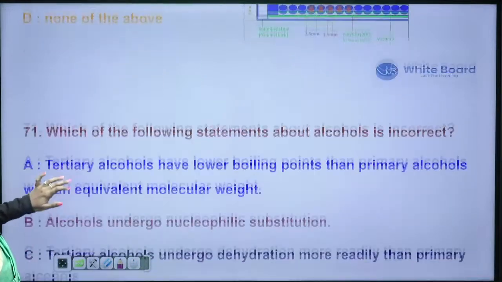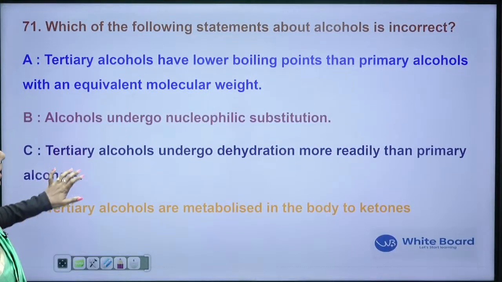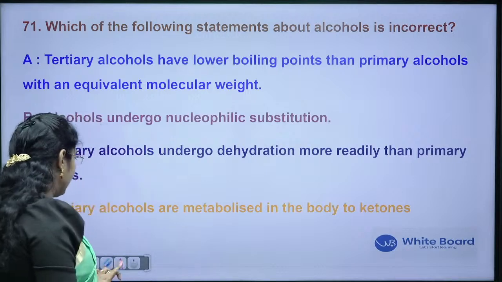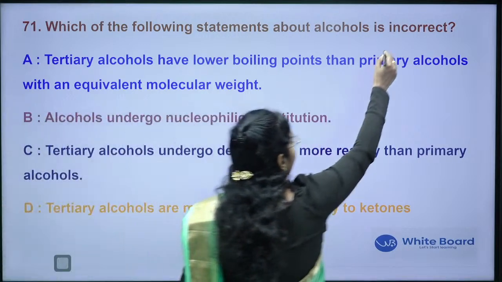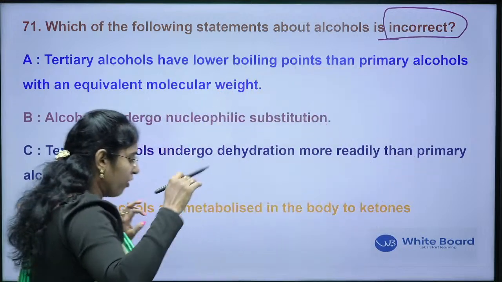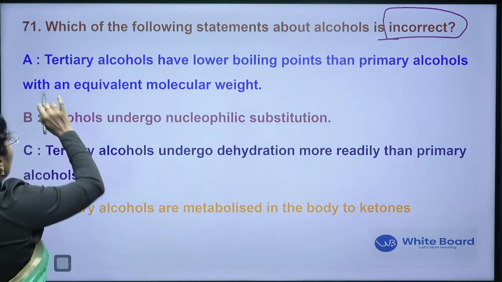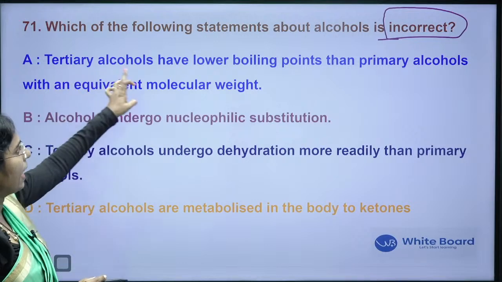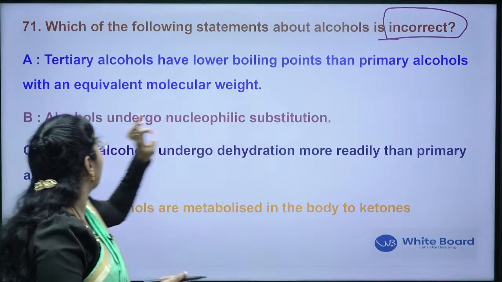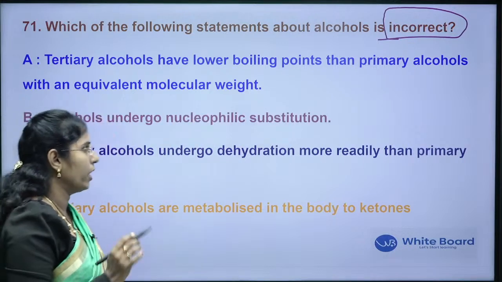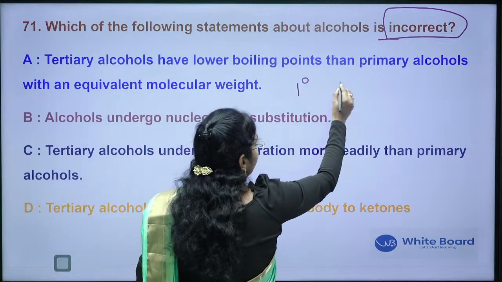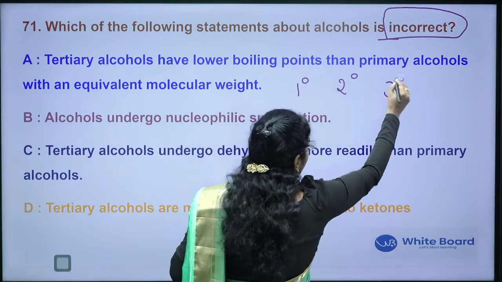So next, coming to the 71st question, which of the following statements about alcohol is incorrect? They have given incorrect here, so you have to check the question also, whether they have given correct or incorrect. What is the first option? Tertiary alcohols have lower boiling point than the primary alcohols with an equivalent molecular weight. So as we move from primary, secondary and tertiary alcohols,